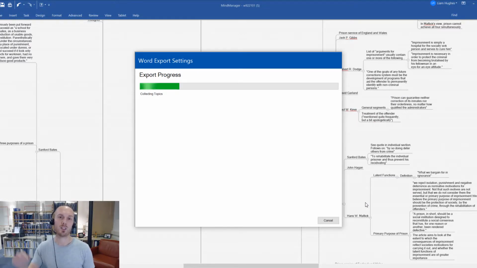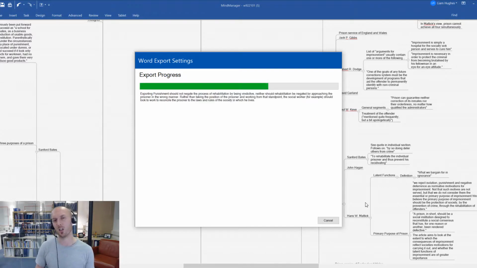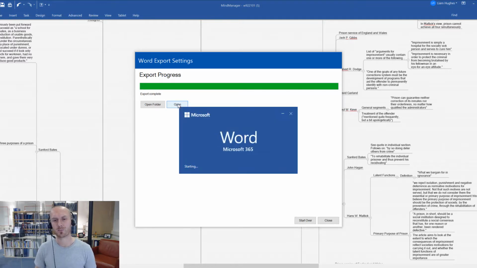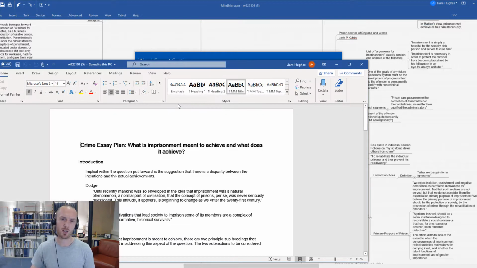So the MindManager software is now just working its way clockwise around the mind map, soaking up all of the topics in the order that I've organized them in. So all of those ideas and information and research that I've put together in the map, it's now cycling through that and pushing that all into what will hopefully be a pretty coherent Word document at the end of the process. If I now click to open that Word document, you'll see all of that structure that I wrote has